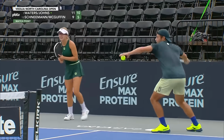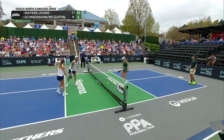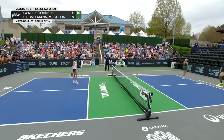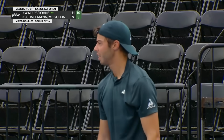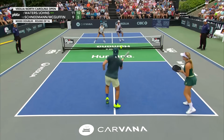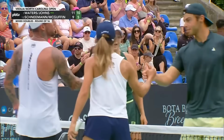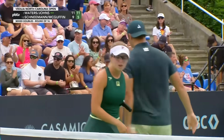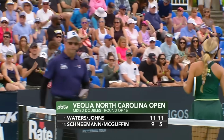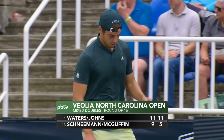Point. 10-5-1. Match point for Waters and Johns. Oh, denied. Second serve off the tape. Match point number 2. 10-5-2. Game point. Waters smokes it down the line to take the match. But McGuffin and Schneemann have a lot to be proud of in that match. They pushed them, just couldn't close it out. Waters and Johns remain dominant, and they're into the quarters, their last match of the day. Yeah, I think overall that was